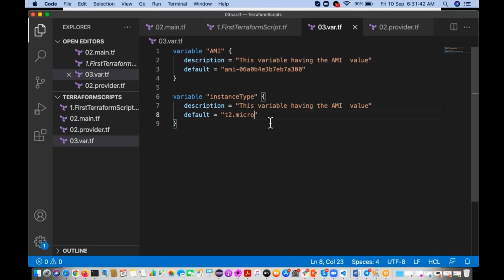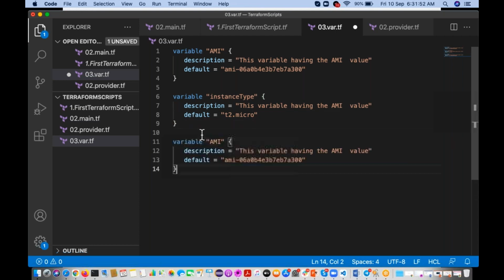Like this, you can create one more variable, number of instances. Suppose I am keeping 4. If you want, you can change it here.